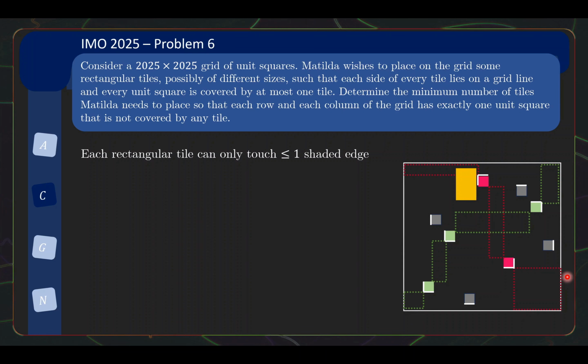And this is done through 2 observations. First, each rectangular tile can only touch at most one shaded edge. Now you see where this is going. You're going to bound the number of tiles needed based on the shaded edge. Why is this observation true? Each rectangular tile can only touch at most one shaded edge. Without loss of generality, let's say I'm analyzing the case where the tile is touching the left shaded edge of